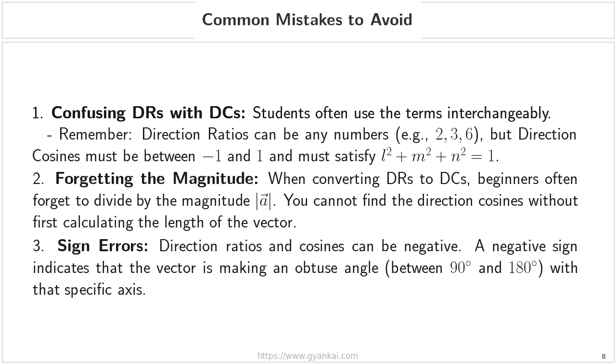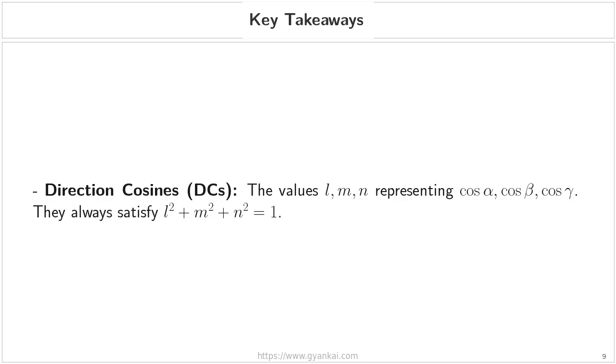Now, let's move to our final slide to consolidate everything we've learned today. Key takeaways. First, let's revisit direction cosines, or DCs. Remember, these are the values L, M, and N, which represent the cosine of alpha, the cosine of beta, and the cosine of gamma. A crucial point to keep in mind, and one we saw in our property slide, is